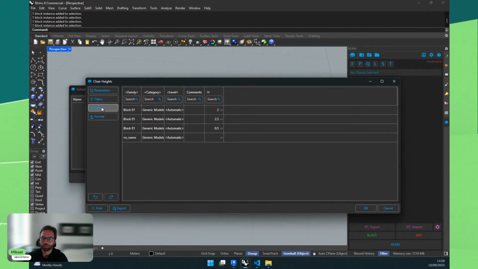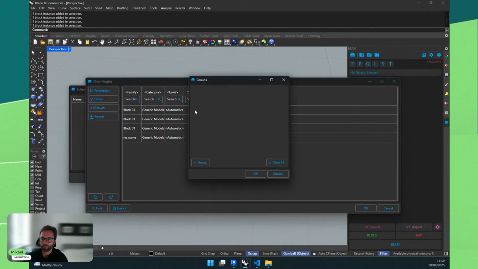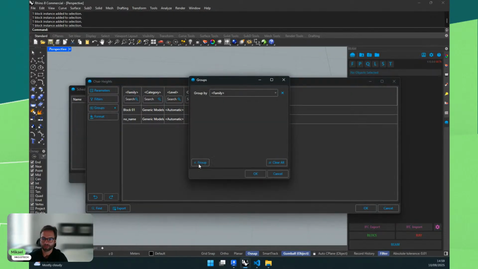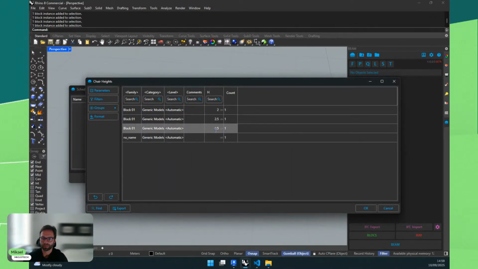I can also group things. For example, if I want to group by family, it will have 3 families of block 1. Varies, of course, is the H. I can group by multiple things at the same time. So maybe I can group by H afterwards. And this, of course, will separate them. But if I set these to 2, it will group them. So I have 2 instances of block 1 with the height 2, H2, and 1 instance